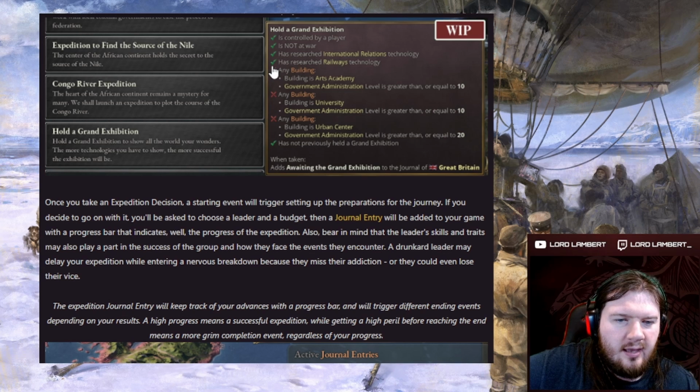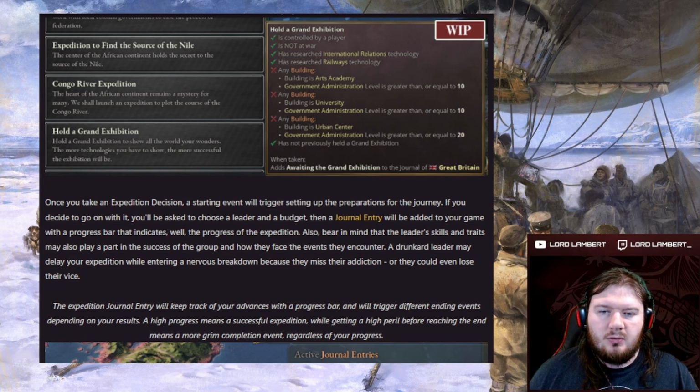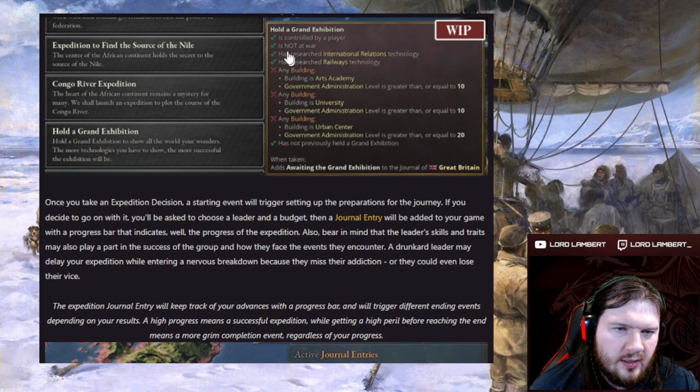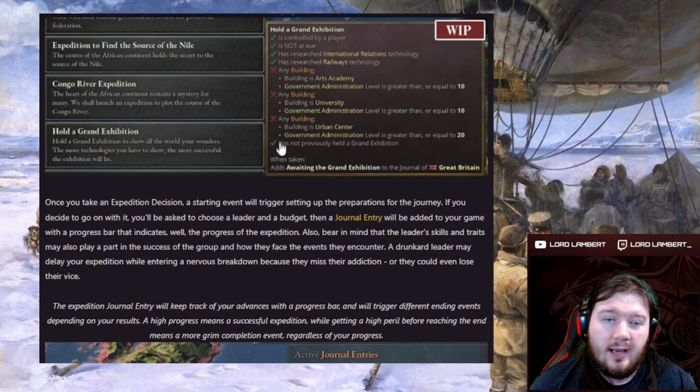It doesn't say any of the following. I imagine you might need all of them. Maybe? Who knows? I mean, if it isn't, then this UI is a little bit iffy, because you don't have any indication that you only need one of these three. Alright, this looks like you need all of them.